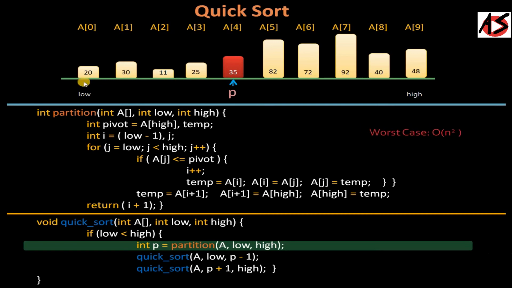If you are talking about the best case, your entire list is in sorted order. And if your entire list is in sorted order, and you are taking the middle element as the pivot element, every time half of the list is smaller than the pivot element and half of the list is bigger than the pivot element. So this kind of thing works in log n. So here in quicksort, your recursive calls will work log n times.